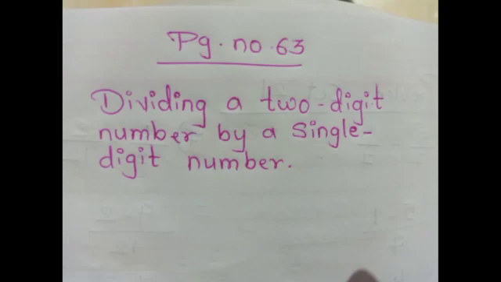Now students, we are going to study in today's lecture, that is dividing a two digit number by a single digit number. Okay, and it is there in your combined book number 2 on page number 63. So this is a different method. Already we have started learning dividing a two digit number by a single digit number. We studied the first method. Now today we are going to study the second method. Okay, so just don't get confused between the same topic. In this similar topic there are two different methods. So the first method we have learned, today we are going to learn the second method, so I want that everybody should pay attention. Now let us proceed further.